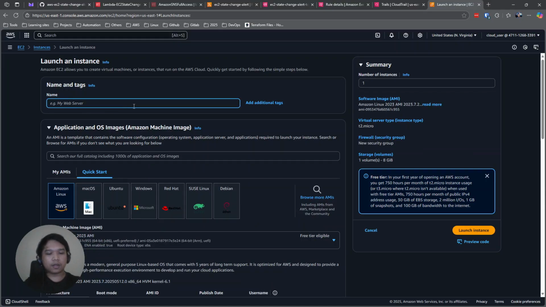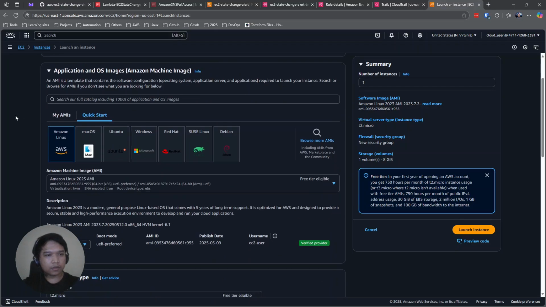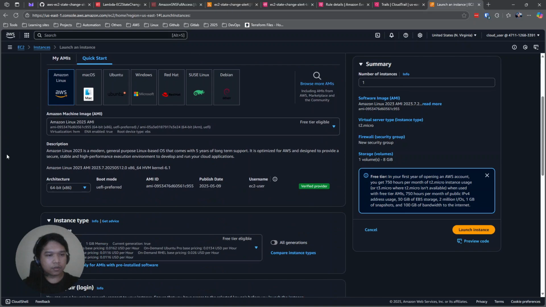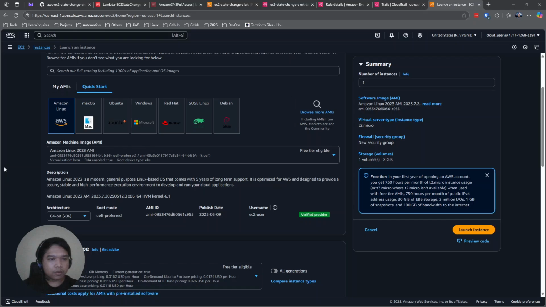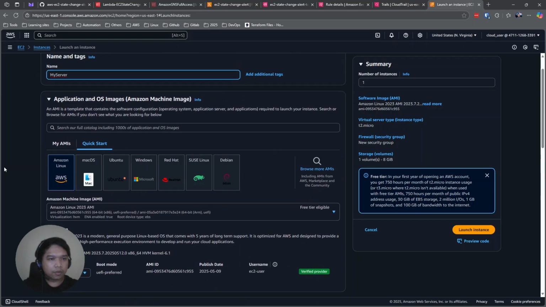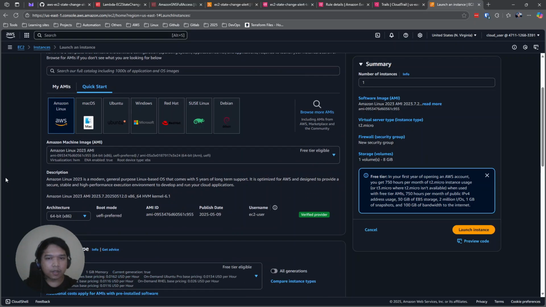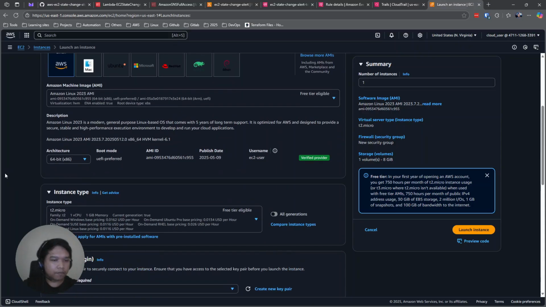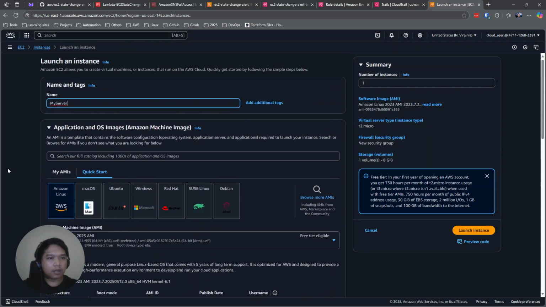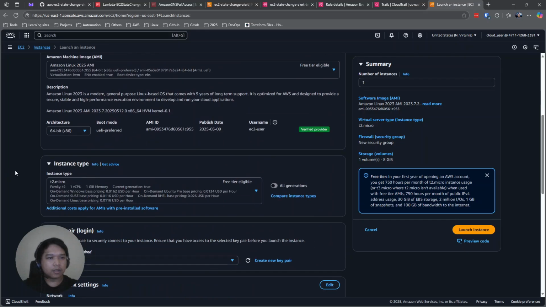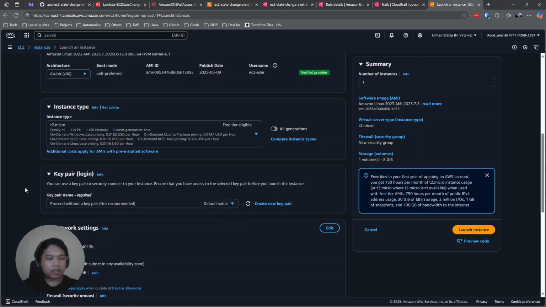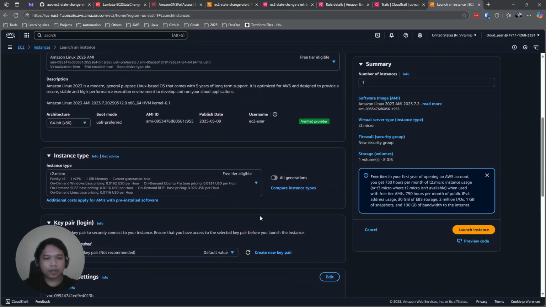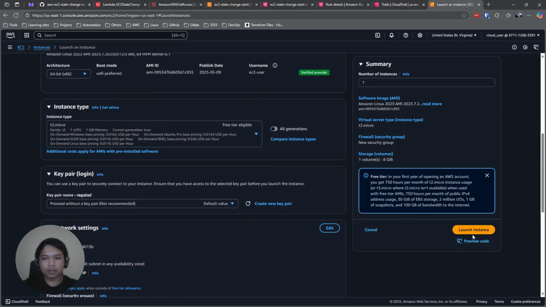Right here, let's say my server. We don't need to choose any specific AMI or configuration; we'll configure this as is right now. We'll just need to proceed without key pair. Then I think we're good here. Just launch this instance.